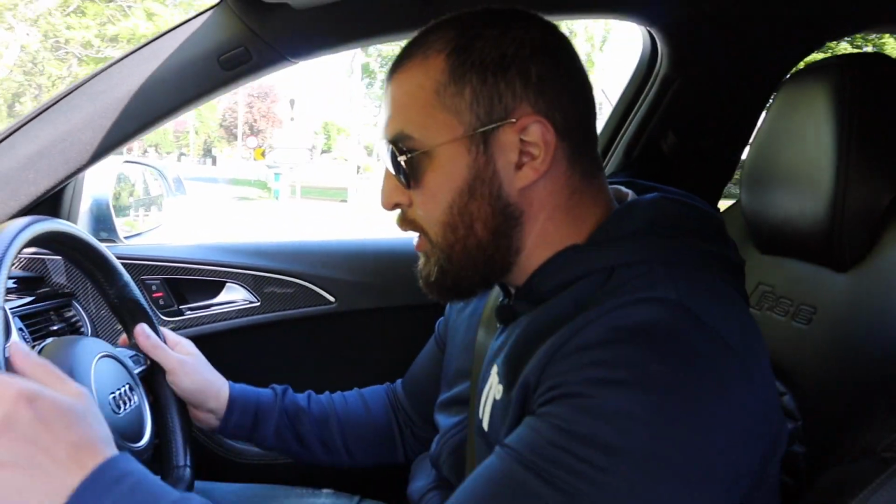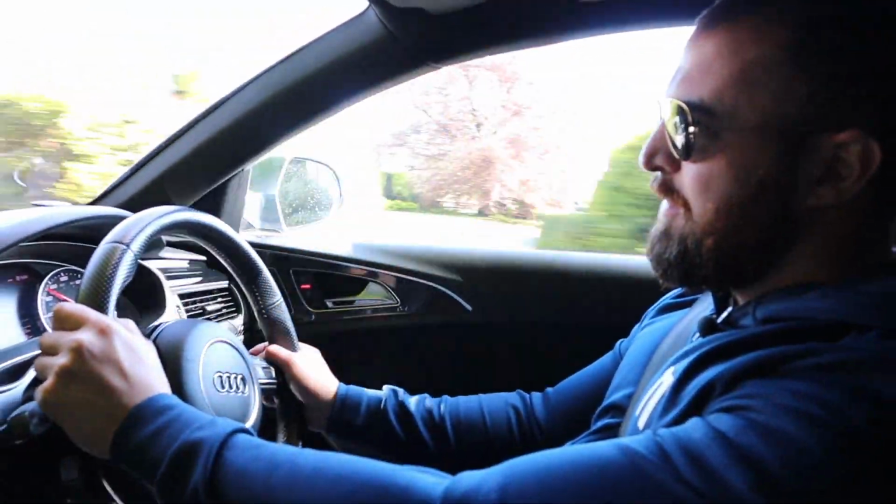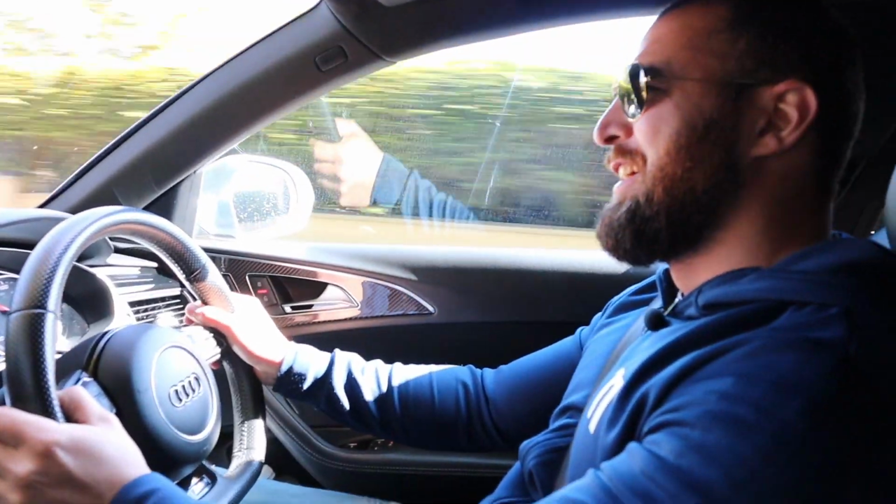What's it like driving this beast? Yes, I said it's a beast because it is an absolute beast. I love this car. There's no doubt it's one of the best cars I've ever driven. Put it on sport. Yes, this is unreal. This is absolutely